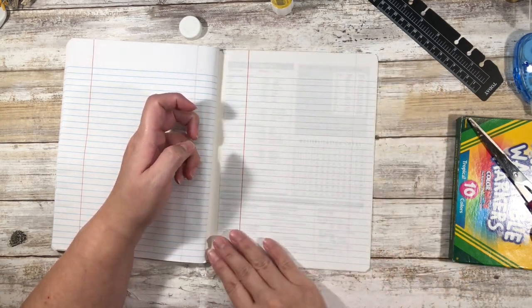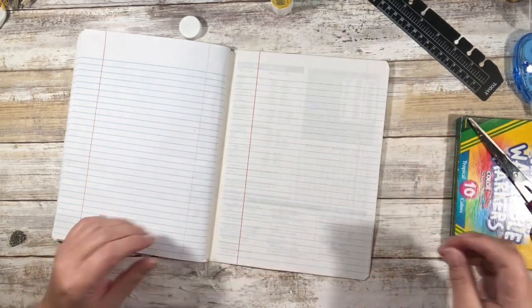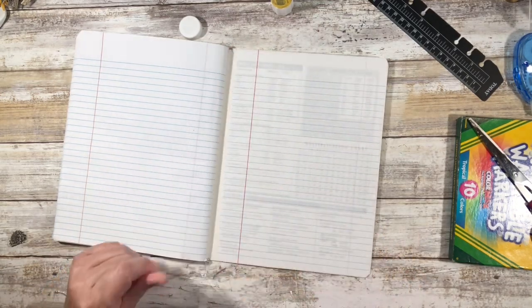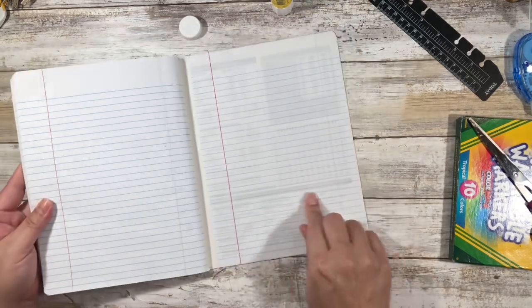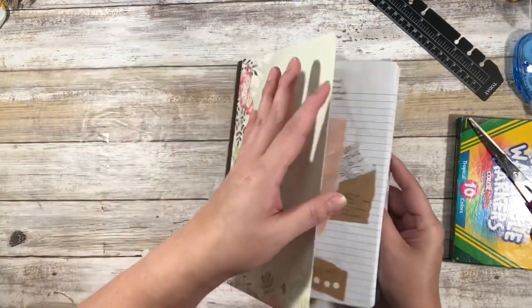Like that. And there's a little bit at the top I think I need to trim, but otherwise it's good. Again, you can still see it, but it's definitely less noticeable than it was before. Okay, so